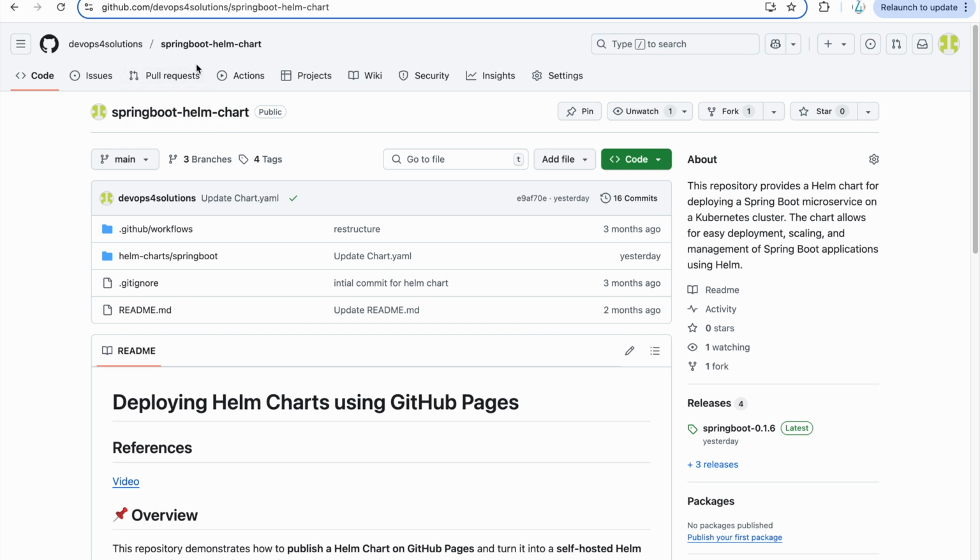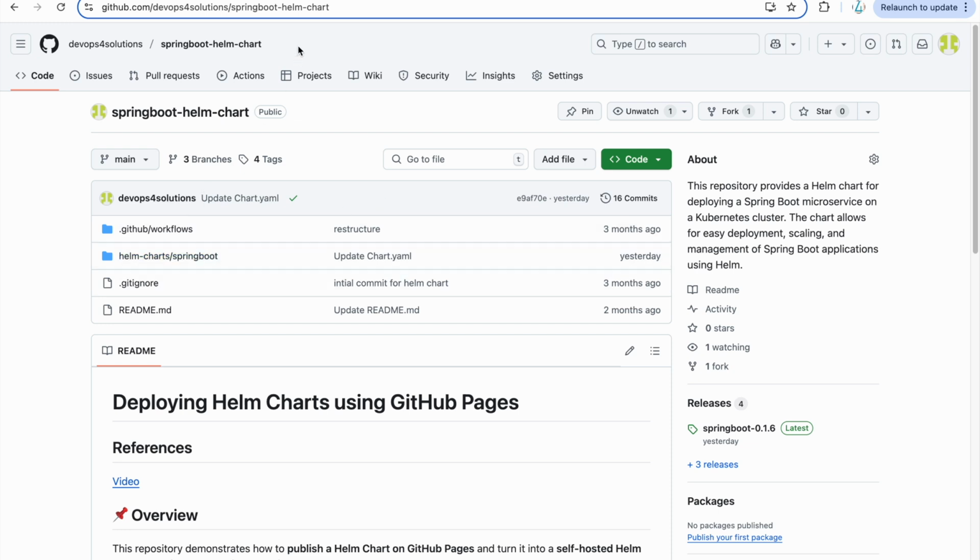You can have any Helm chart, you can use a public Helm chart, or if your application needs a custom Helm chart, you will publish it using GitHub Pages like this. If you want to understand how to deploy Helm charts using GitHub Pages, you can follow my video. I will put the link in the description for the custom Helm chart. But this is where it is deployed.